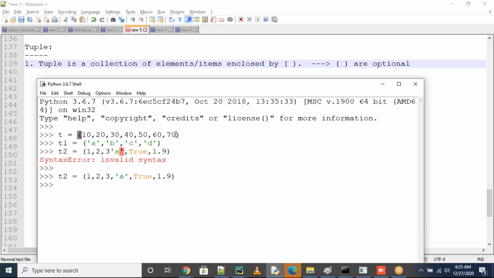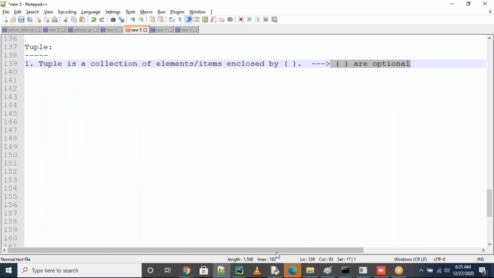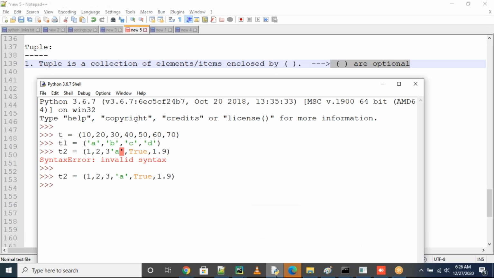We have the parentheses, guys. In all the cases, either homogeneous or heterogeneous, we have the parentheses, right? Now, what is said here is that parentheses are optional, guys. Optional. Now, let's see here T3 equal to,